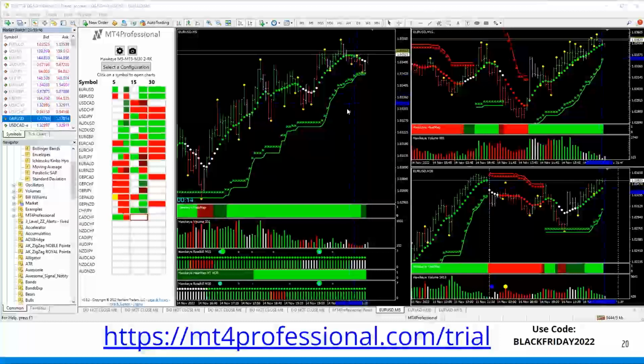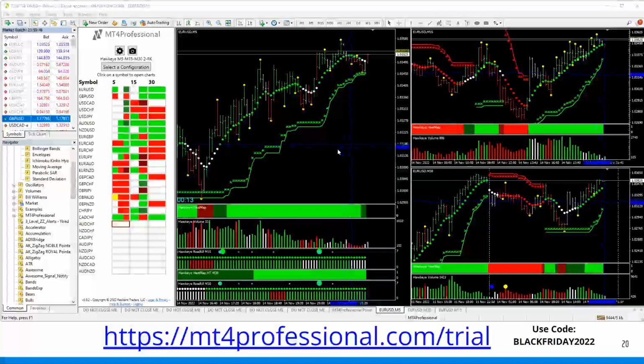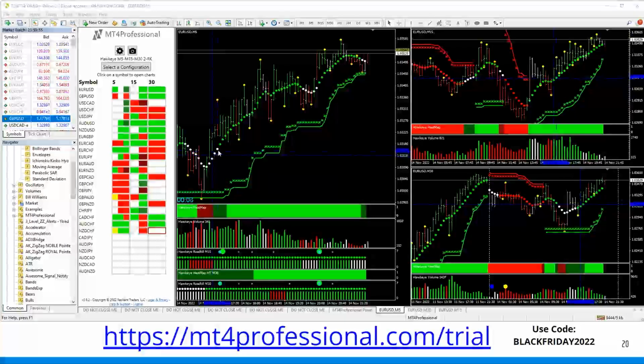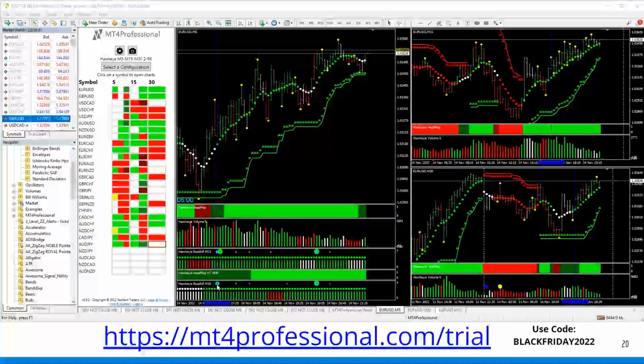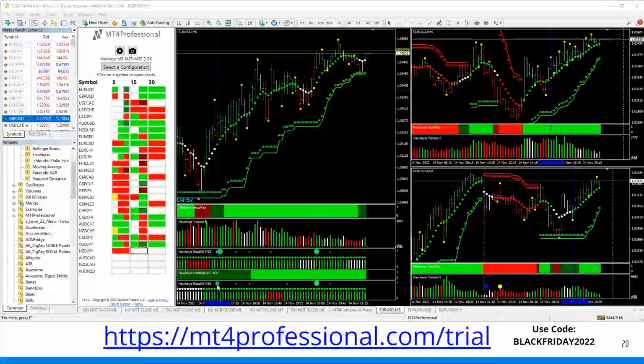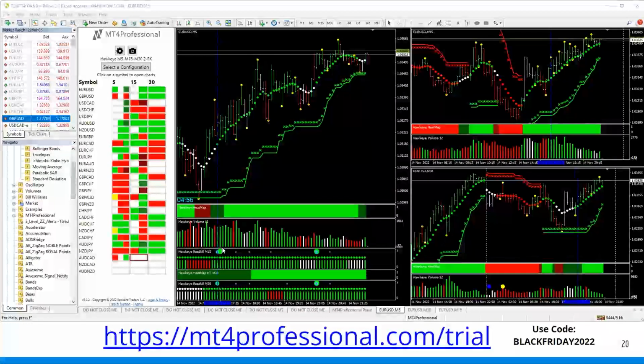I'm good to go. So in that case, all the signals aligned and gave me really great entry signals right here. This was an initial setup, and it was verified with a nice signal to identify the alignment and the entry point.